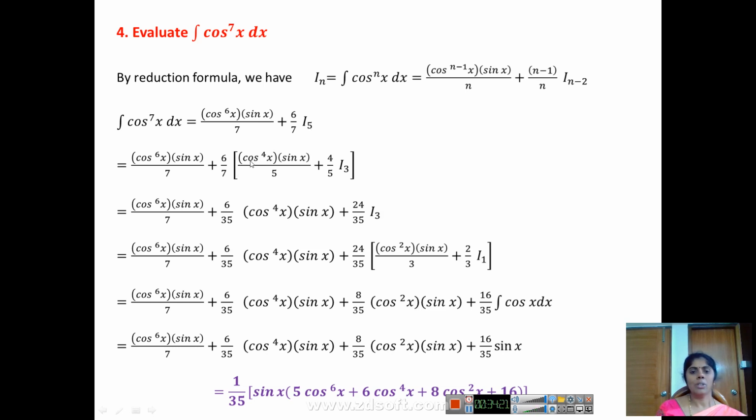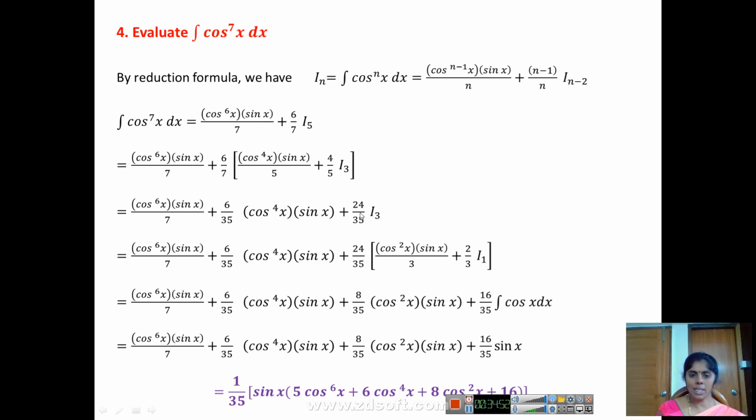So therefore, cos 5 minus 1 is 4 of x into sin of x divided by 5, plus 4 by 5 into I3. Again, multiply this 6 by 7 with these two terms, which yields in this format. Again, it leads to the term I3. Again, in the place of n in the first reduction formula, just use n equal to 3. So the first term as it is,